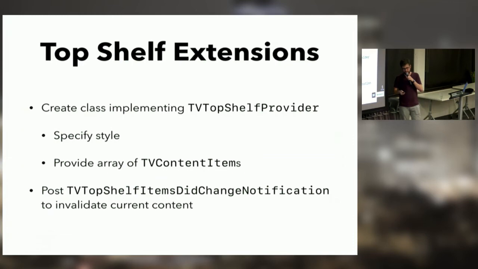One handy thing about this is that if you want to flush the content that the OS has cached, for example, if your app has authentication, like my app, Tangent, has user authentication. If a user logs out, I don't want to continue showing the logged in content in the top shelf. So there's a notification you can post, and the OS picks that up and flushes the content out. Another example is account switching. If you have an app that supports multiple accounts and you switch accounts, it's handy to post this so that the OS invalidates whatever it has up there.